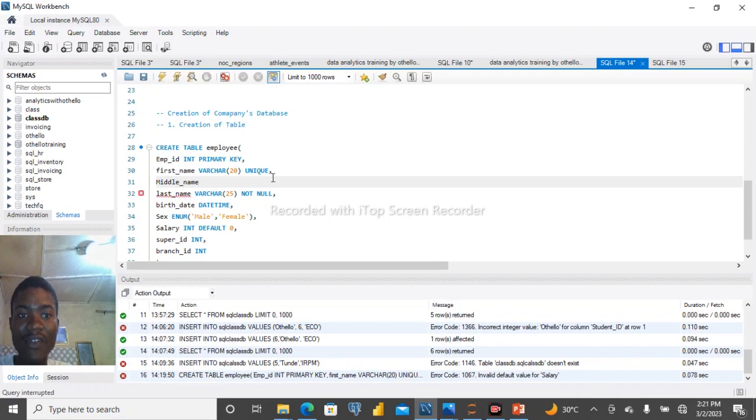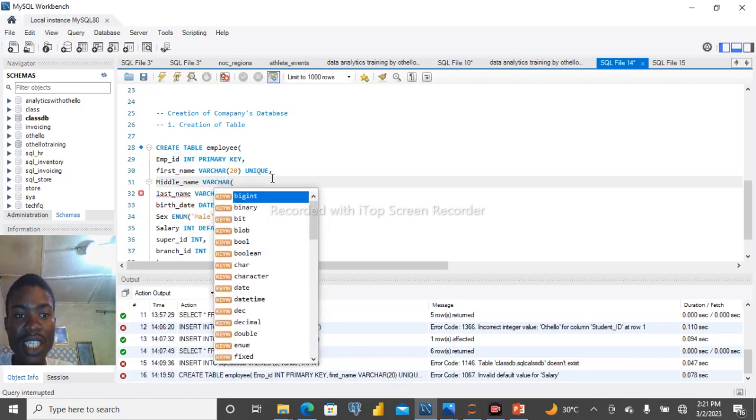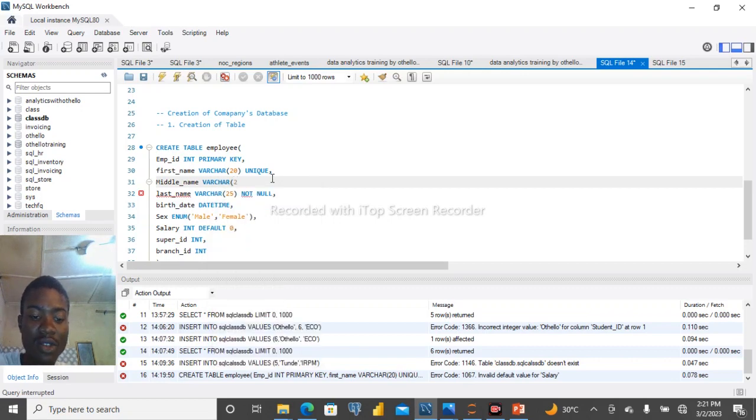Don't forget, we don't have a middle name in that table, but I'm actually bringing it here so you can see how a default value works in the manner I am trying to show you. So middle name, we all know how the middle name here is, no more than, let's just say, 17. Then after that, I would say default,